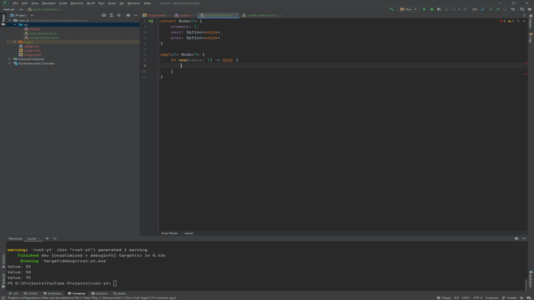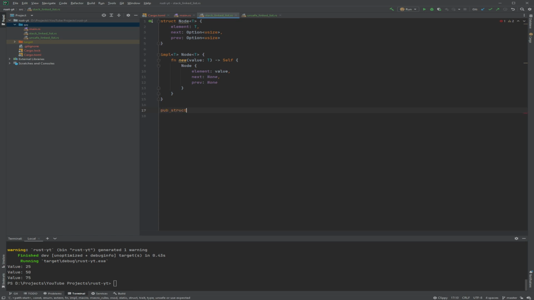It's like the same as the type that's being implemented. And we have the node element will be value, next will be none, previous will be none. So this will be a little bit slow, or not slow in the sense that this is the fastest performing linked list there, if you're just talking about search and iteration. But it's slow to write this, because it's very complicated. Well, not complicated, it's just, you'll see.